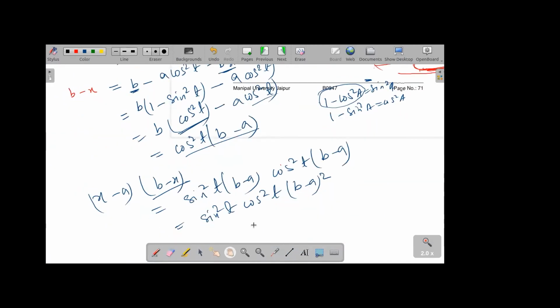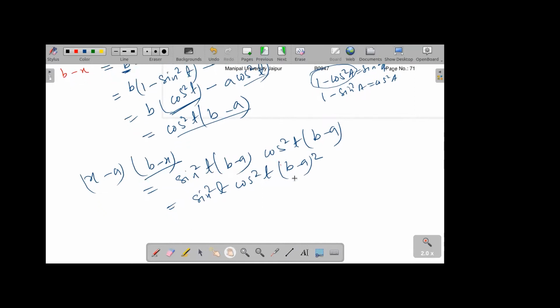How can we do that? Can anyone explain? As possible, you can use any formula. No, this is basic algebra. You can try. Anyone can try here. This is basic. The problem is we have b minus a here, but we want a minus b. How is it possible? Multiply with -1.